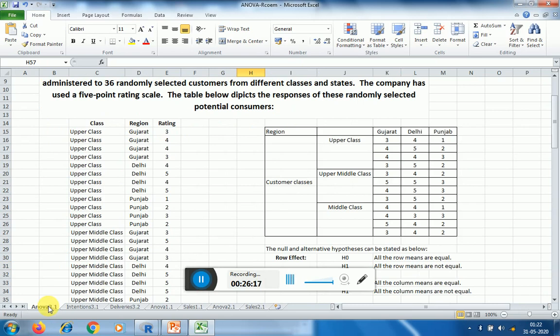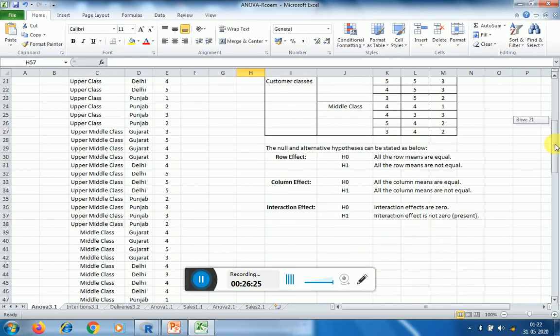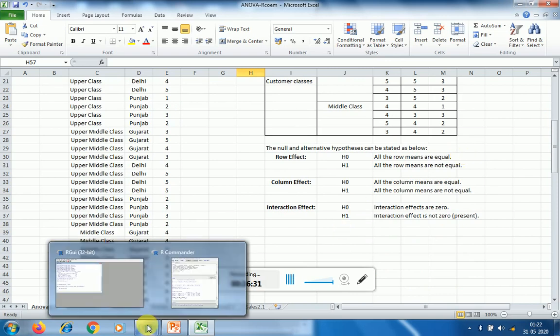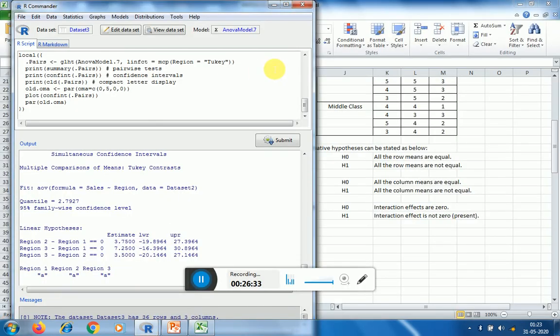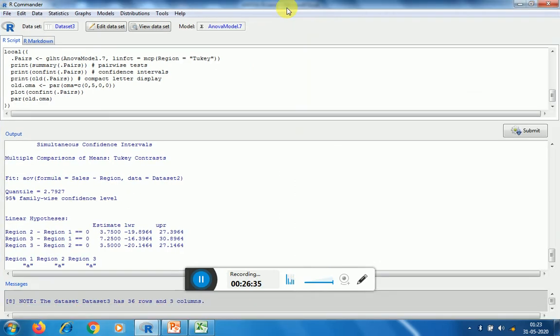So depending upon the nature of design, the nature of data available with you, you can make the analysis as per the requirement. So this is all about the analysis of variance. So hope I have cleared all your doubts and difficulties with regard to using the analysis of variance.